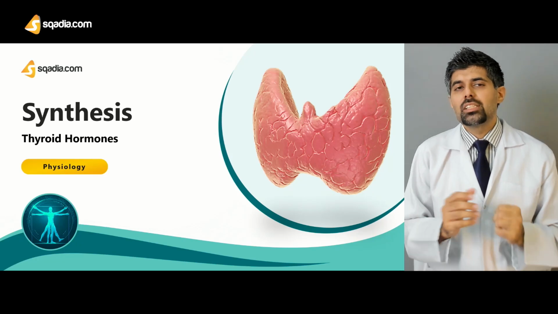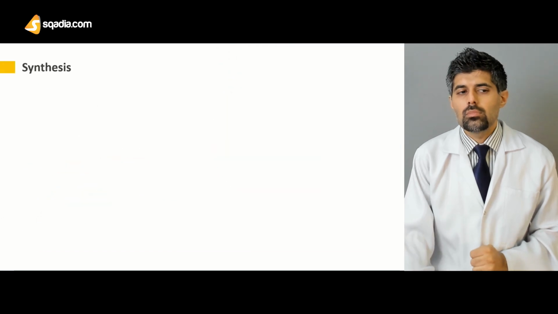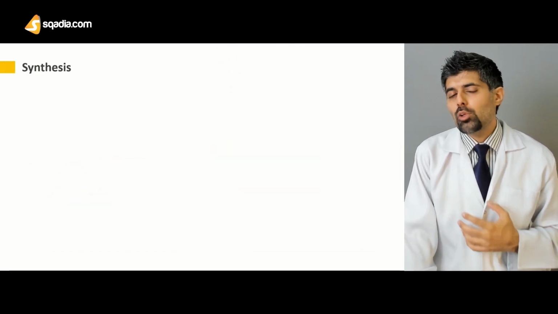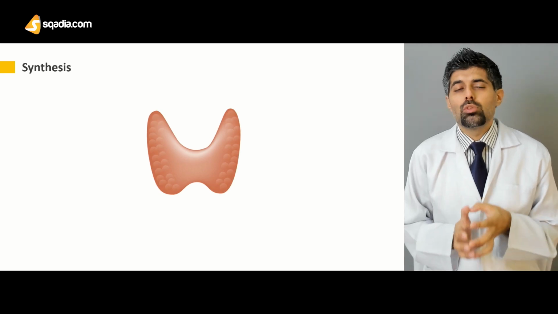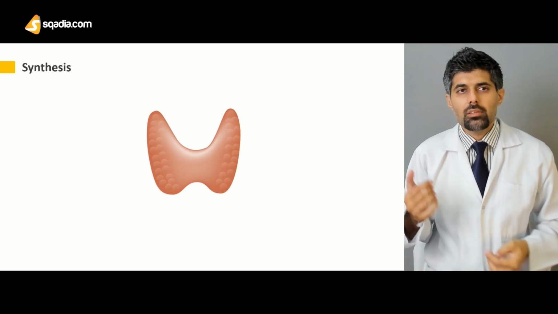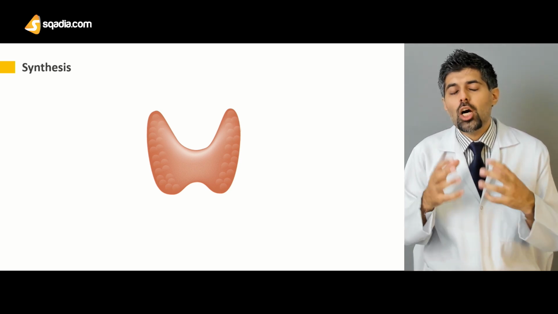Let's talk about the synthesis of the thyroid hormones. Now, the synthesis of thyroid hormones is a simple one. The thyroid gland, both of its lobes, the right and left, and the isthmus, all of which are composed